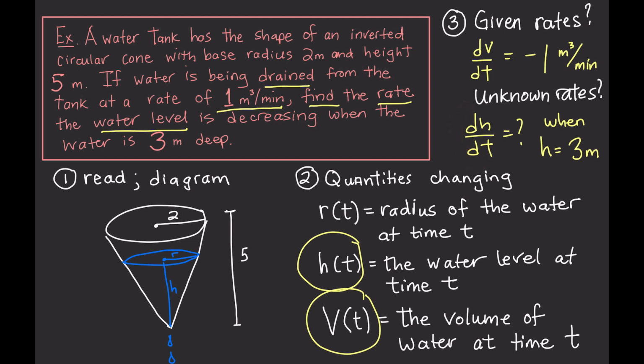The idea is, in order to get the related rates, or the relationship between dV/dt and dH/dt, I need to come up with a relationship between H and V first. So how are the volume and the height of the water related? So we must find a relationship